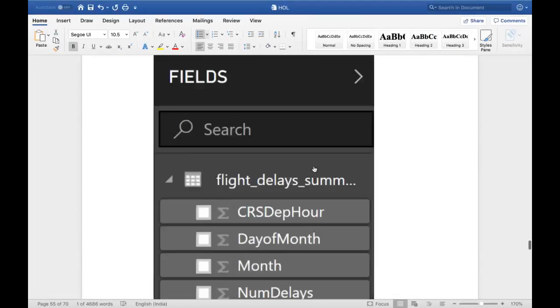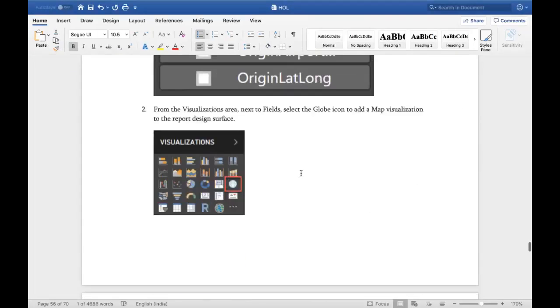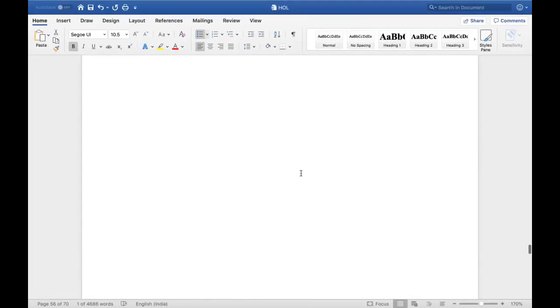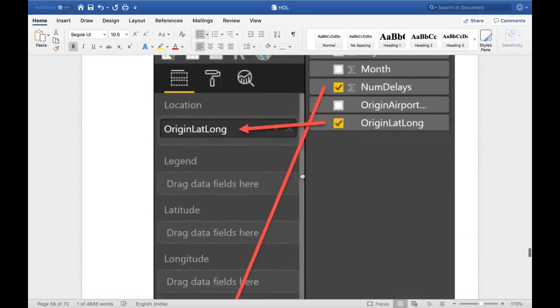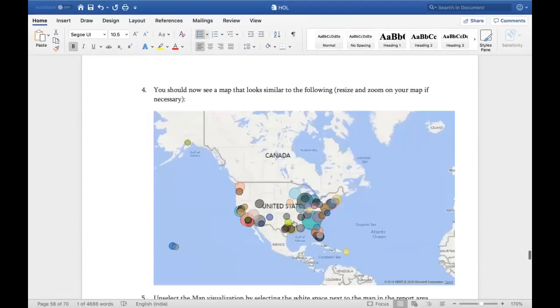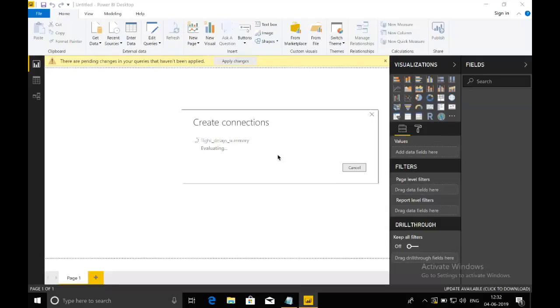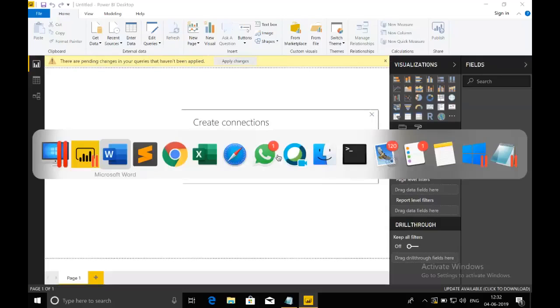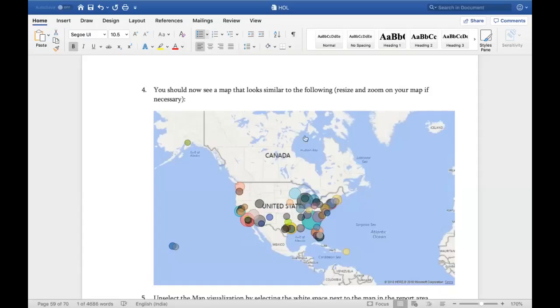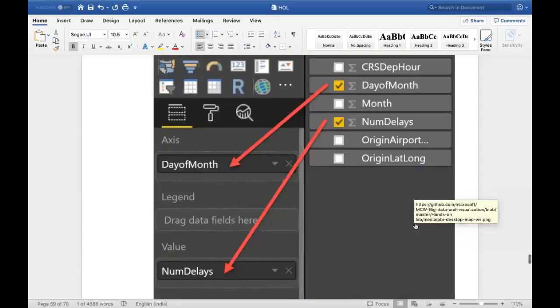You can see all these records here. Use the globe icon to define latitude, longitude, and number of delays, and you'll be able to find that. I guess it is taking a very long time, but I hope everyone understood that we'll get this kind of requirement and we are able to connect to it. You can try out all these things on your systems.